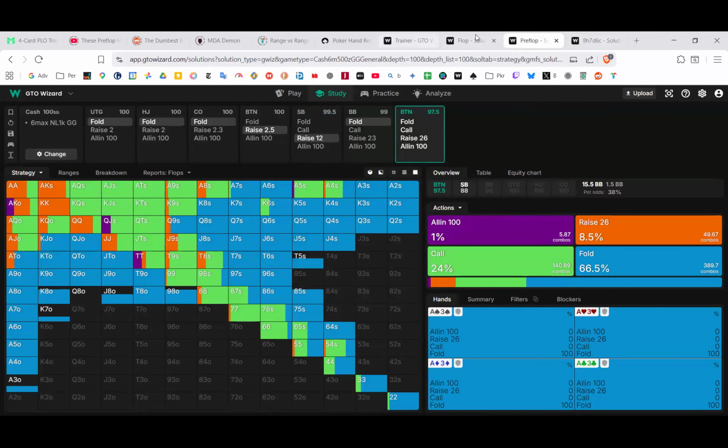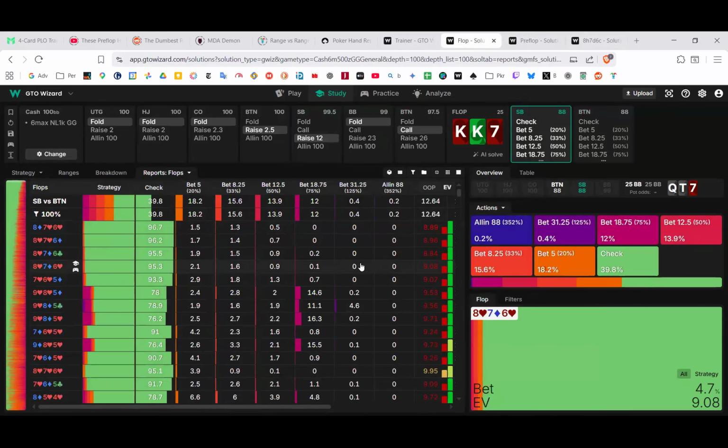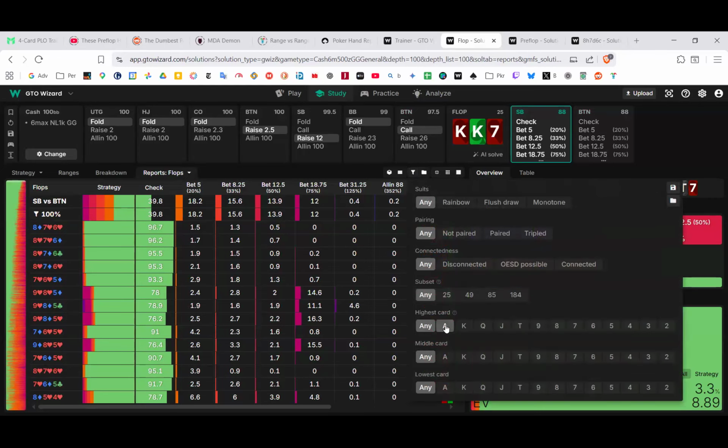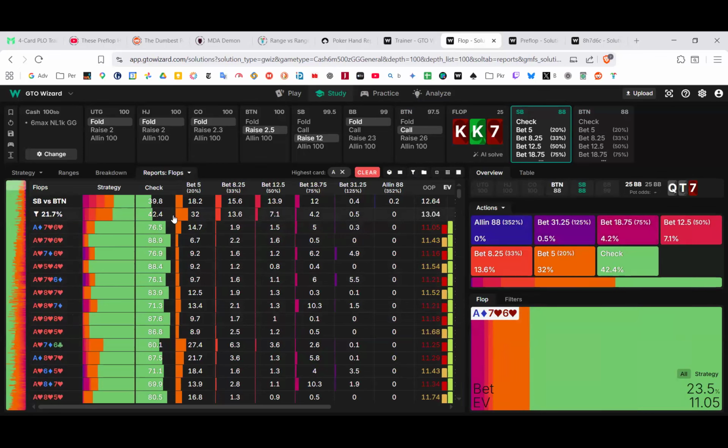What if we, I don't know if this is going to tell us anything because it might be too large a sample, but okay, so now this is our default. Let's just compare very simply ace high boards. So our betting goes down. Our betting is small and frequent, but we're actually checking more. Okay, now compare and contrast to